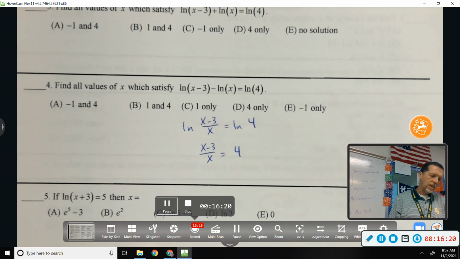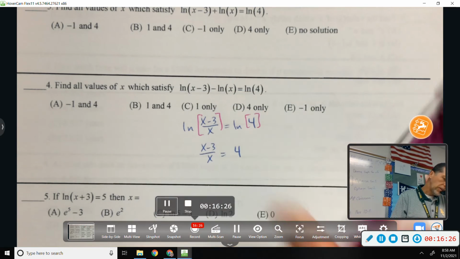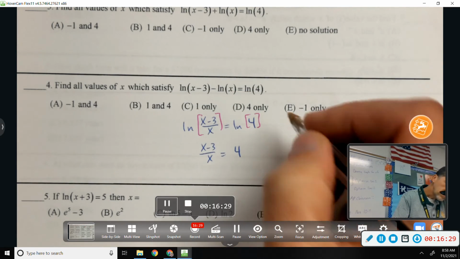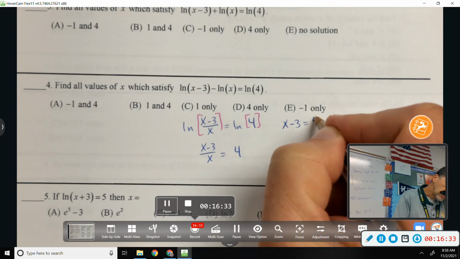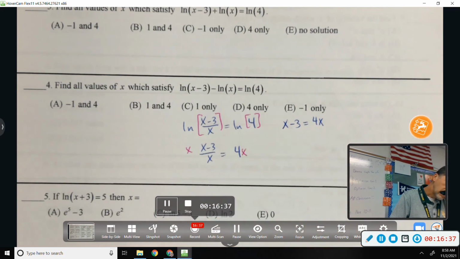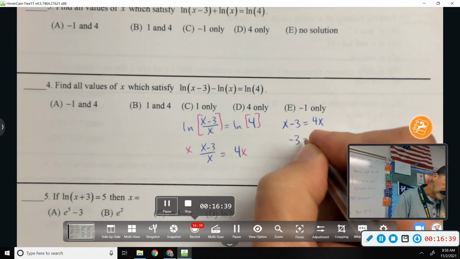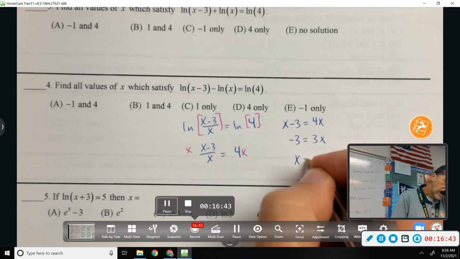If the natural log of something equals the natural log of something, then the two somethings have to be equal to each other. So x minus 3 equals 4x. So negative 3 equals, subtract the x, 3x. x equals negative 1,